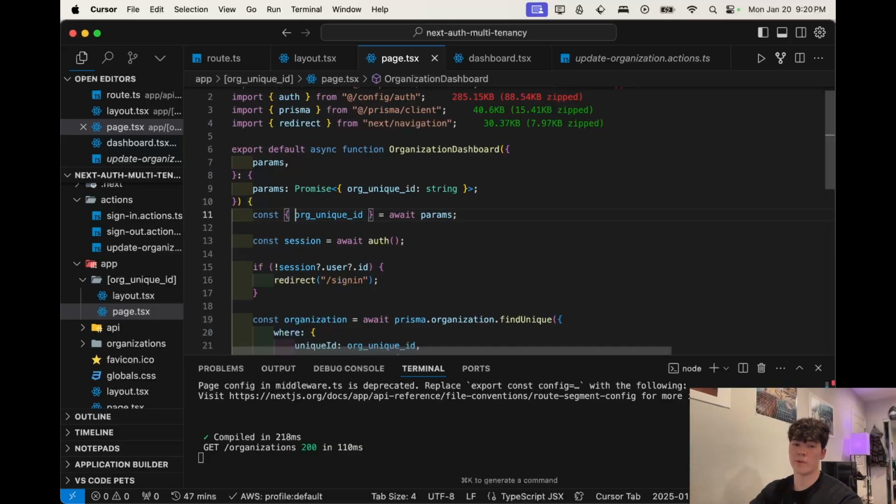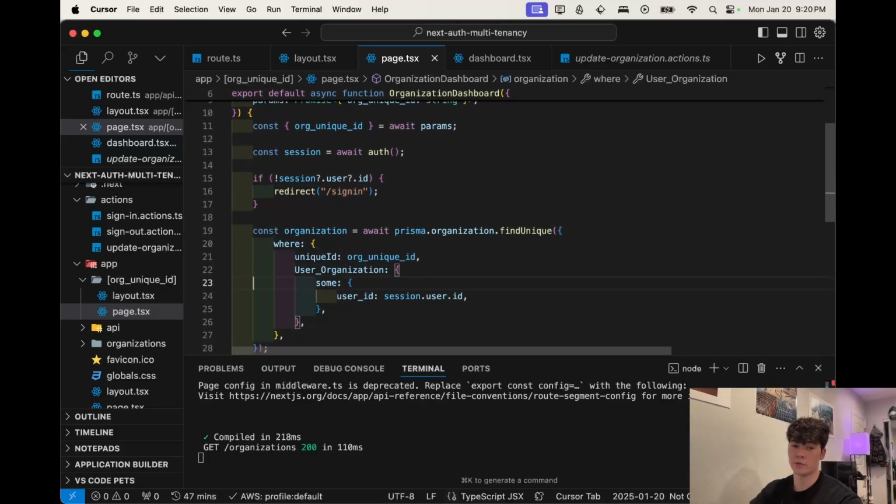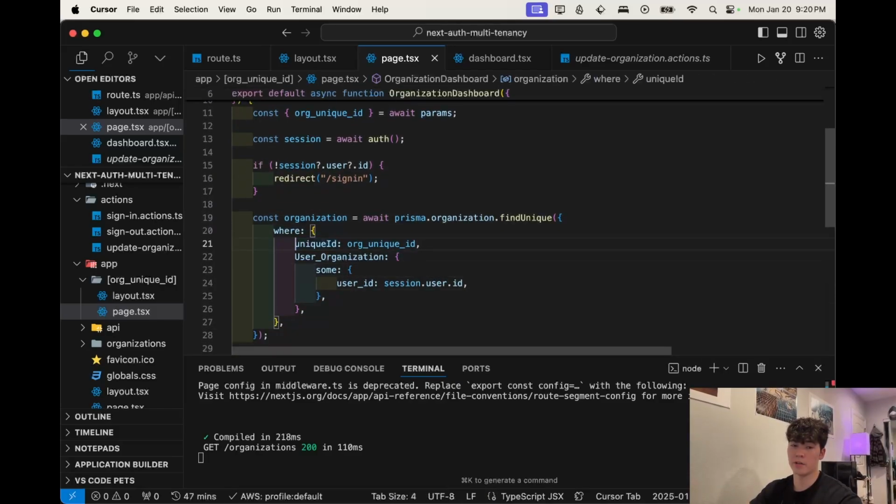So once again, we're extracting the unique org ID from the params, and then we are calling auth and looking for the organization where the user exists in it and also has the unique ID. Now, it's very easy to think that we can skip the step where we check for the user membership within an organization. However, that layout file is actually only going to run once, essentially, if the rest of our navigation